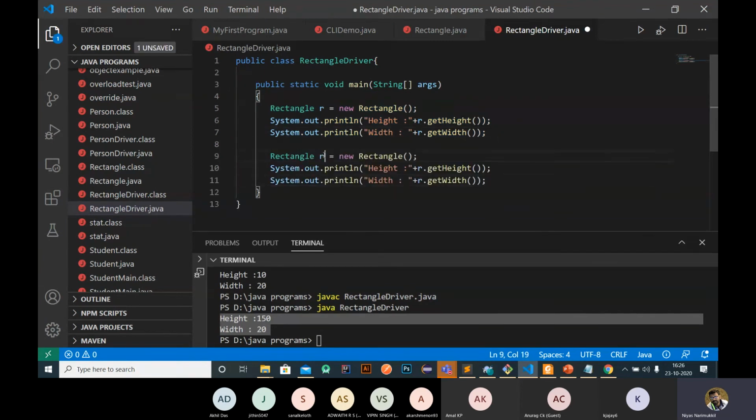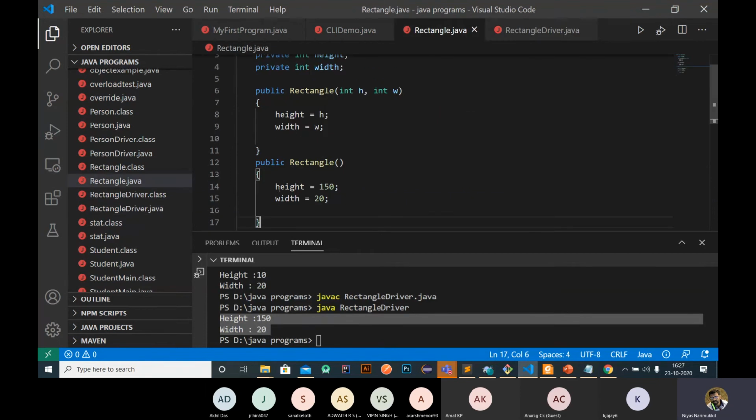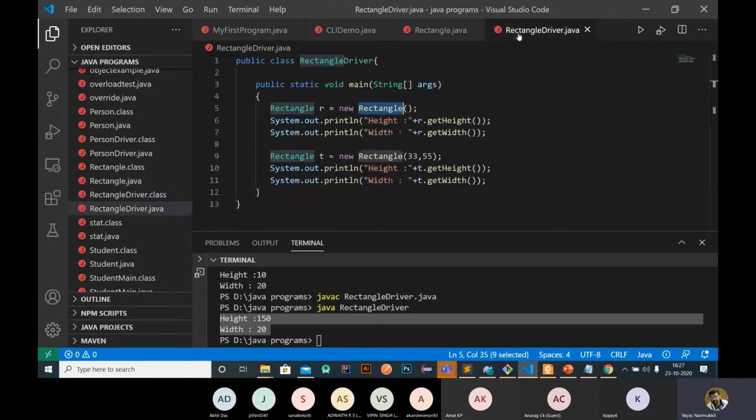For example, in this object, I'm using t like that. So here in this object, I am passing values 33, 55. So by creating this object, the height of this object will be 33 and width will be 55. By creating this object, the height of this rectangle object will be the same as this. Height is 150, width is 20, like that, right?